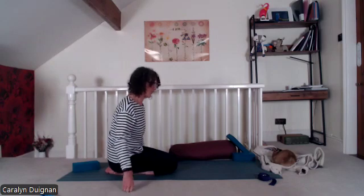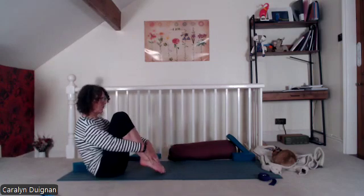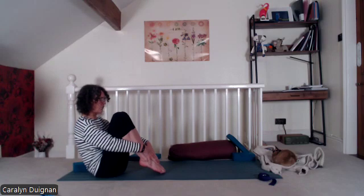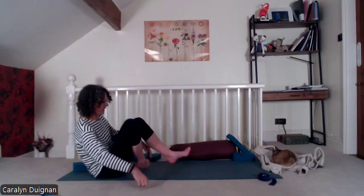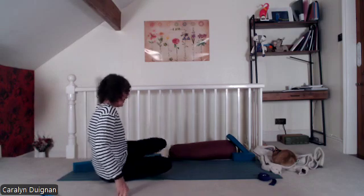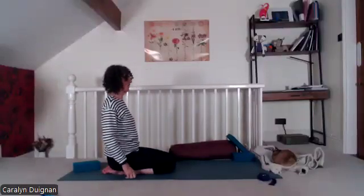If you're not too keen on this, you can come into a seated position and just sit balanced on your sit bone with your hands on the front of your feet, just stretching, gently pointing into your feet. It is cold, so if there's any cramp, just be aware. Otherwise, if you're sitting back on your heels,